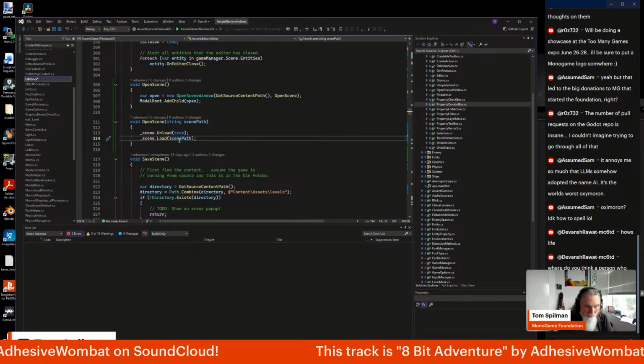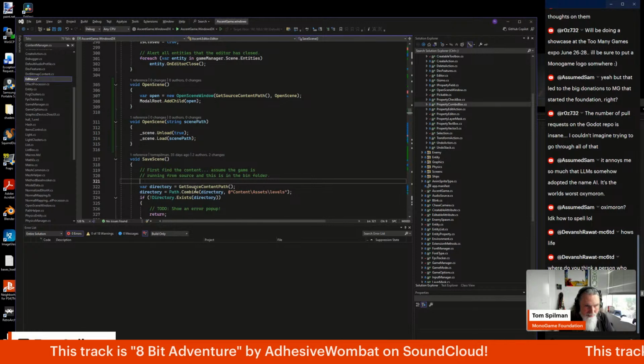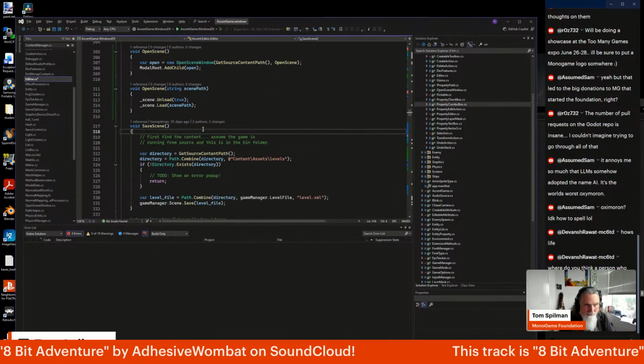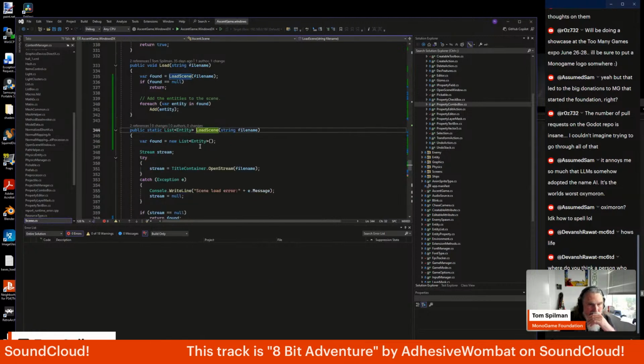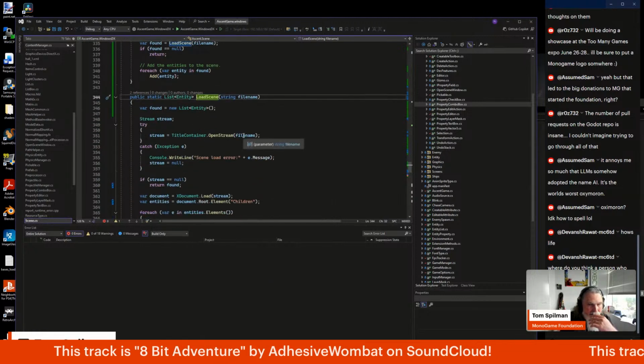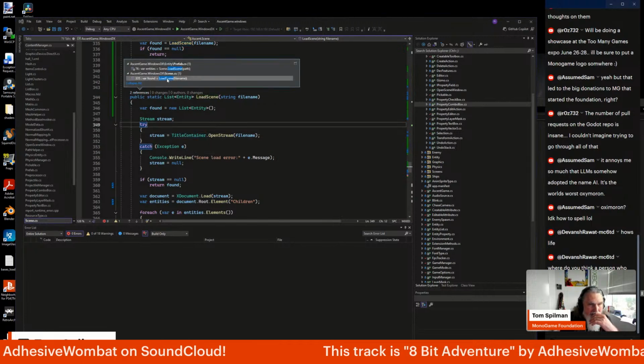So this is not going to work because I'm going to be passing in the full scene, and what I really need to be passing is the... well, what does it need? It loads it through load scene file name. So it just calls open stream. So it assumes that the scene is